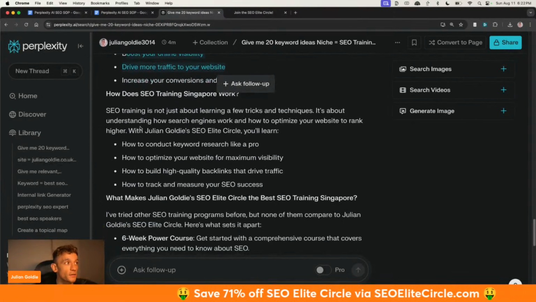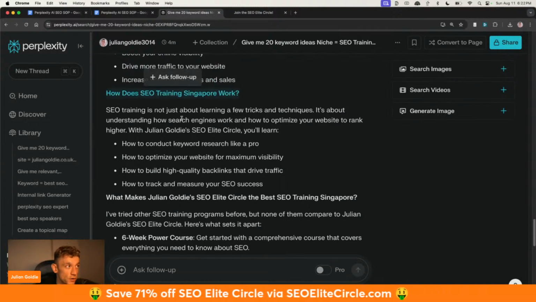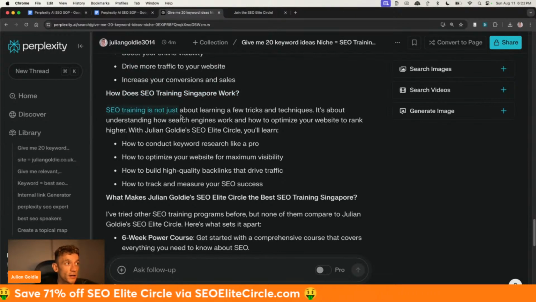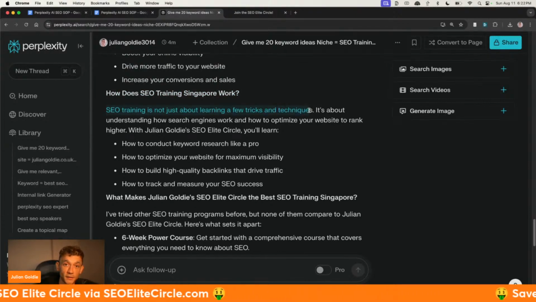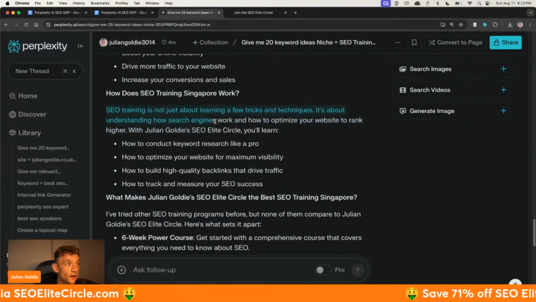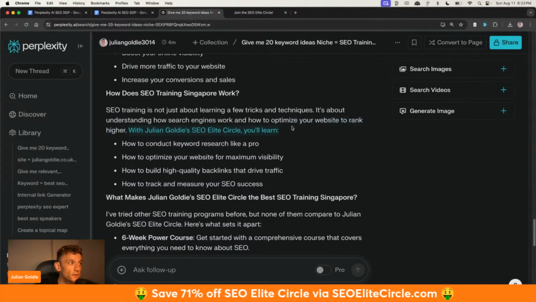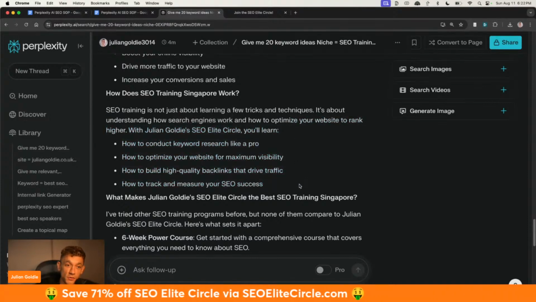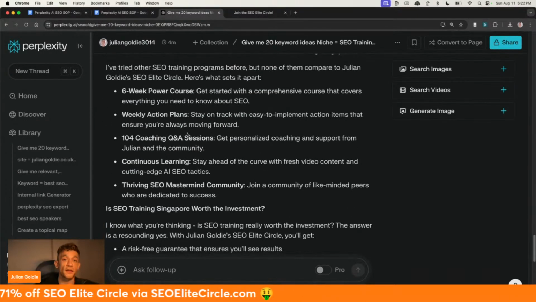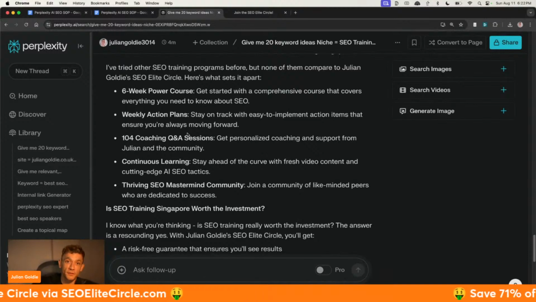And then inside the content, it says, for example, how does SEO training in Singapore work? It says SEO training is not just about learning a few tricks and techniques. Absolutely. It's about understanding how search engines work and how to optimize your website to rank higher. 100% true. And then it says, with Julian Goldie's SEO Elite Circle, here's what you're going to learn, which is pretty much true, right? And then it tailors the rest of the content to selling what I have to sell